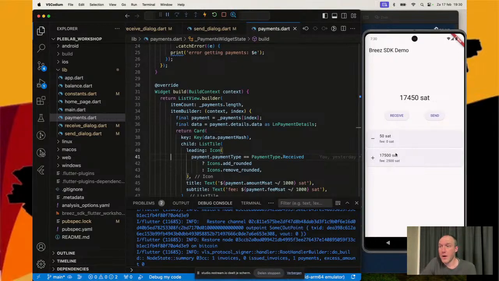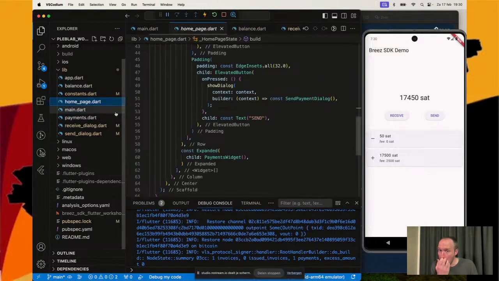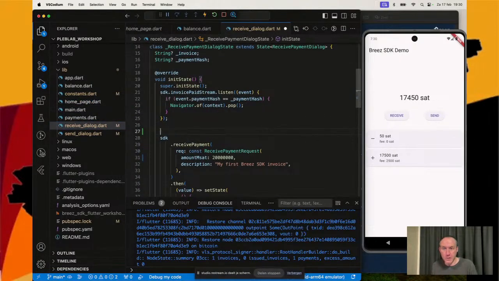And there's a question from Eric Alvarez, and he asks, is there a way we can query the channel open fee and display it to the user when they generate their first receive invoice? Yes, there's a way to query the fee. Let me just go, what's a good place? Receive dialog, probably, right? So there's a function,